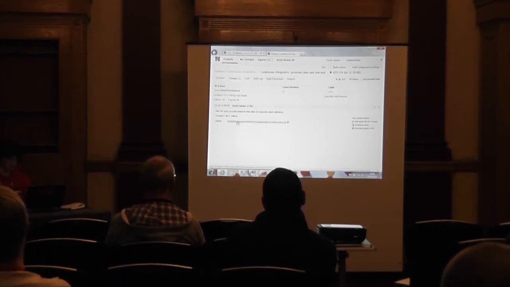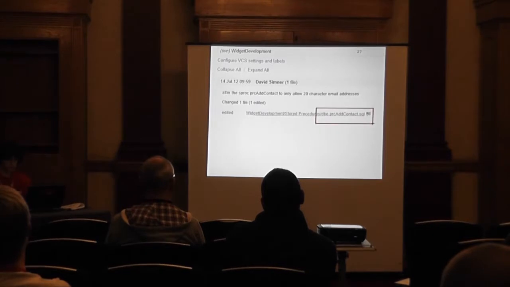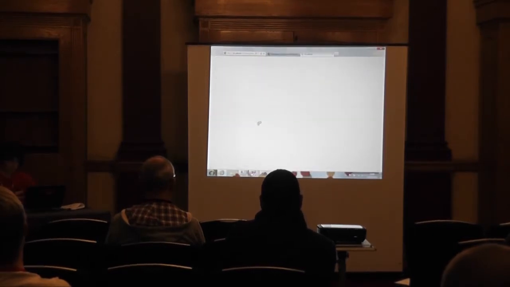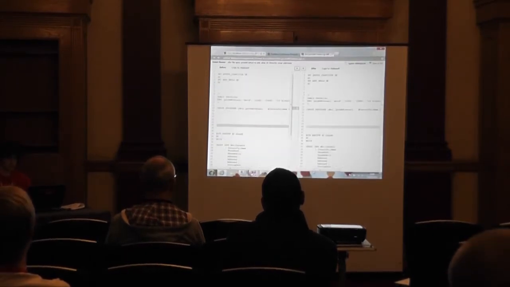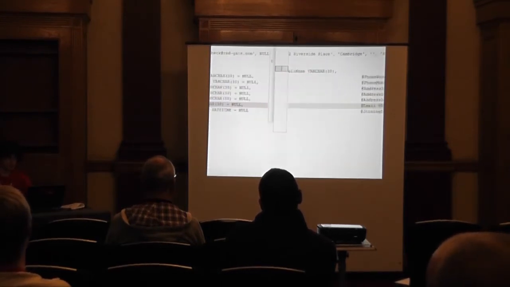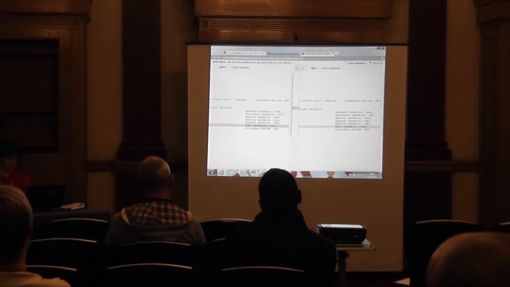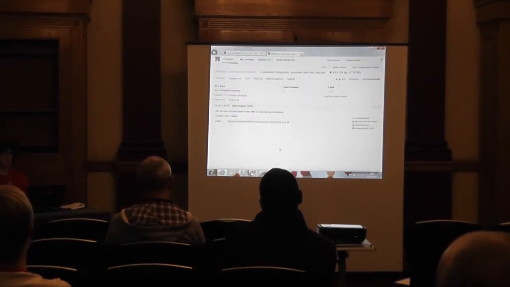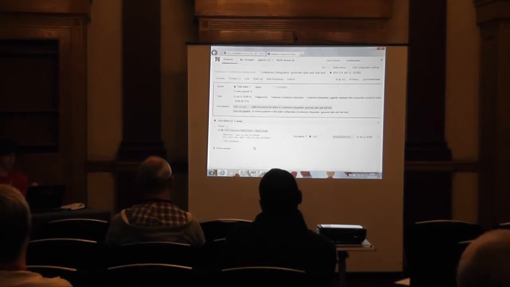So we can see that I edited this stored procedure, and we can even see even more detail by clicking on this, and then TeamCity will show us the differences before and after. So we can see that on the left here it's 30 characters, but it became 20 characters. And so this lets us drill down to see the change that was introduced in this build that caused this test to start failing. And at this point we can assign it to the developer to fix, and we can